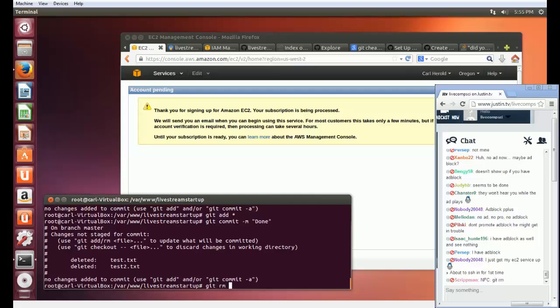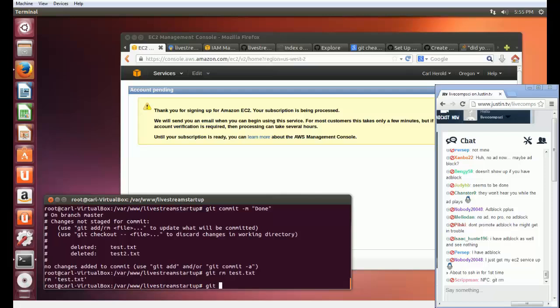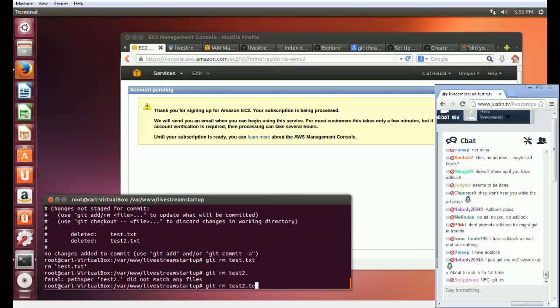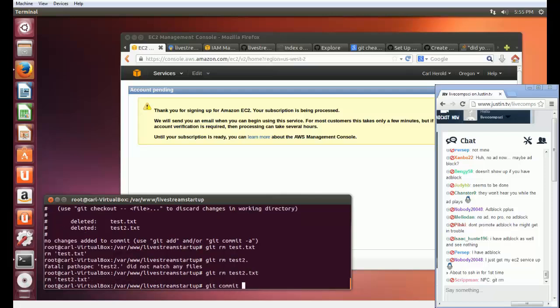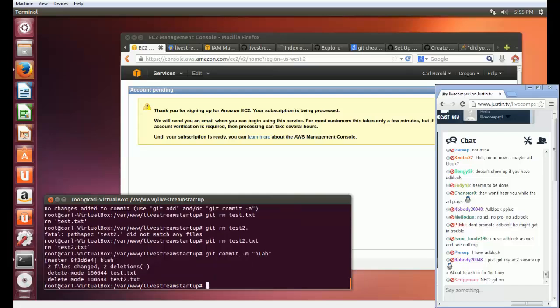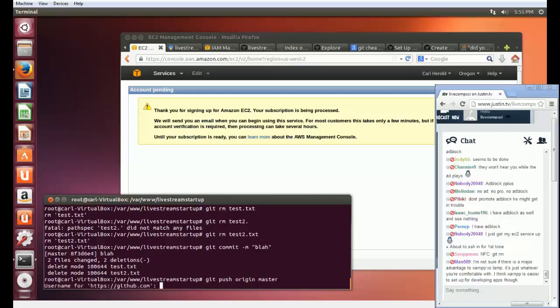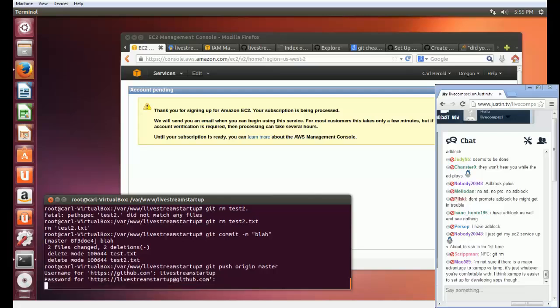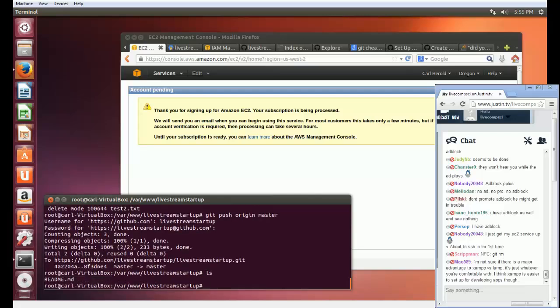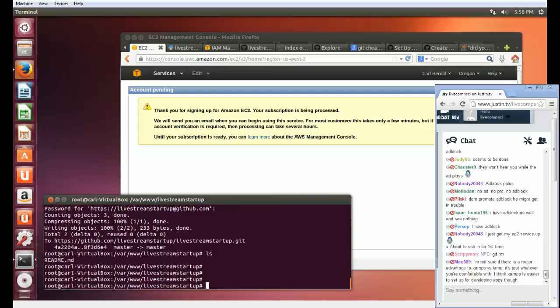That's okay. It was rm. It was git rm. I knew there was something I do in that respect. Okay, and git push origin master. Okay. And there we go. Alright, so now my entire repository consists only of the file readme.md, and I am ready